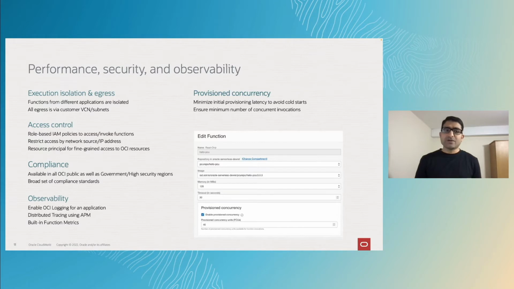All the egress of functions is via the VCN that's connected to your application, so you have full control over the networking configuration. Functions provide built-in access control. You can leverage OCI Identity and Access Management to set up role-based policies to access and invoke functions. You can also use the functions resource principal to configure fine-grained access control using policies to allow a function to access